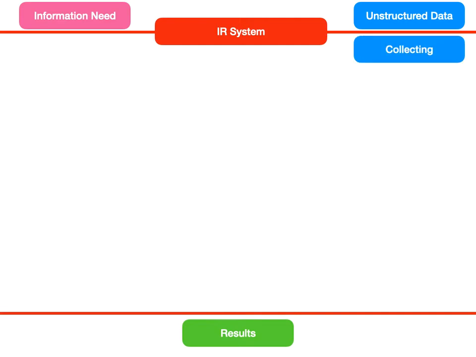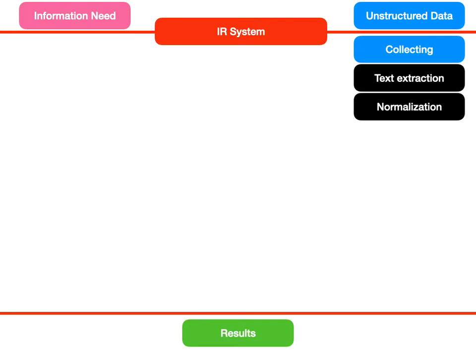From the world, we have to define what is the set of documents we're collecting. From those documents, we've got to extract some kind of text or at least some kind of information. And then we normalize all of that information into common terms, which we then chop up, tokenize. And now we've got our documents from the world, the unstructured data. We have processed it into a form that we can now make use of for building an actual reference structure,